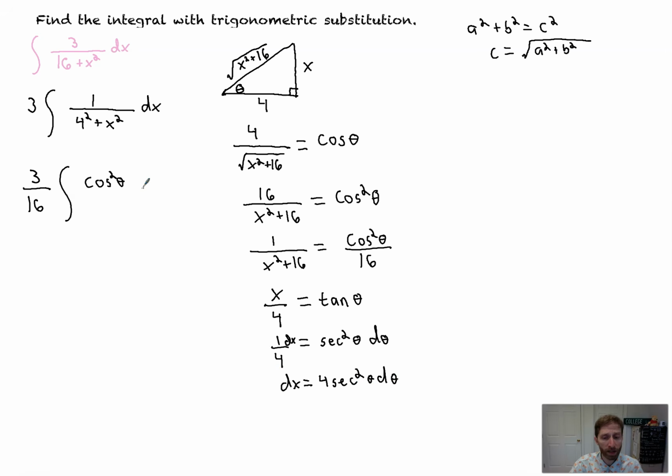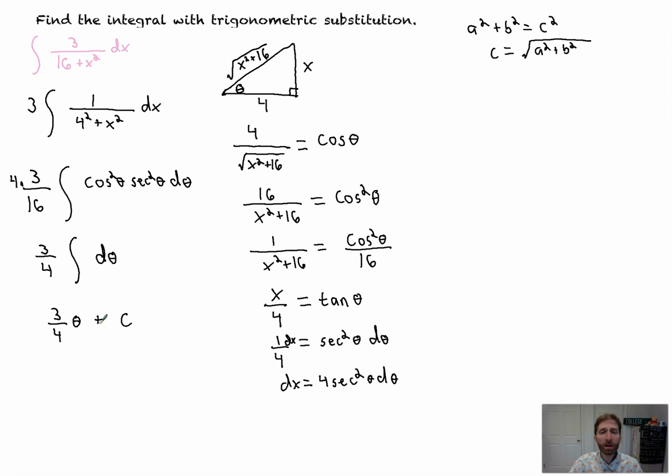So dx will be replaced by 4, which I'm going to factor out of there, that 4, secant squared d theta. Ooh, and cosine squared times secant squared is 1, right? That's 1 over cosine squared. So that's going to be 3/4 on the outside, 3/4 integral. This just turns into 1 d theta. Isn't that cool? I think that's pretty cool. Now what we've got? Well, we're going to integrate essentially 1 d theta. That's 3/4 theta